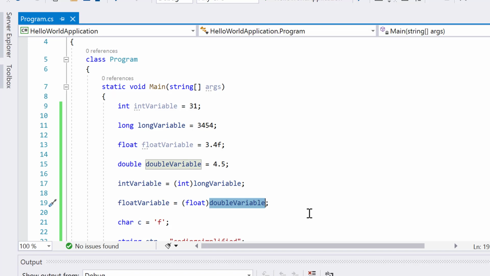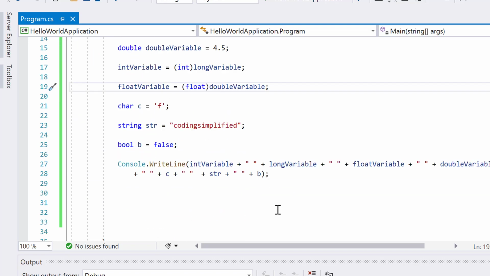What is implicit typecasting? Implicit typecasting means when you are fitting the smaller value into bigger value. So in this case, you need not tell anything, it is automatic. But when you are fitting the bigger value into a smaller value, then it will give error. So if you want to fit, you have to do explicit typecasting, right? So that is about the typecasting.